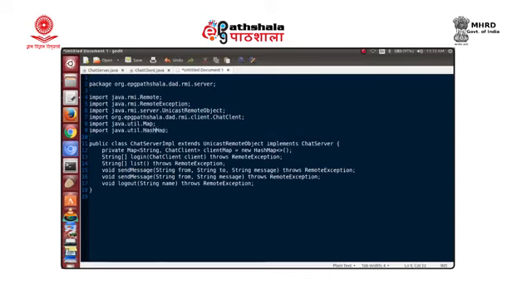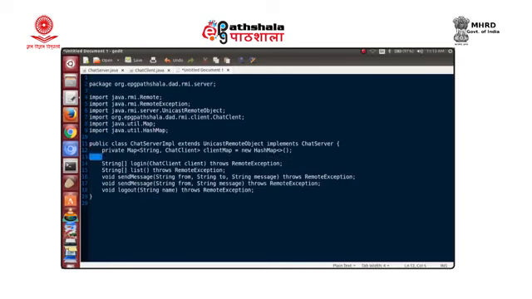I think that instance variable is sufficient for us to manage all the methods. All these methods are going to be public, so let me put public first for all of them.